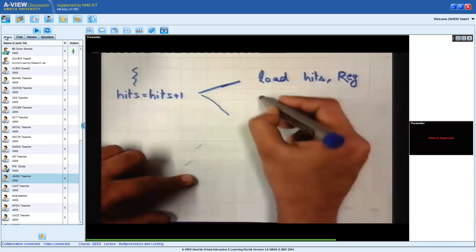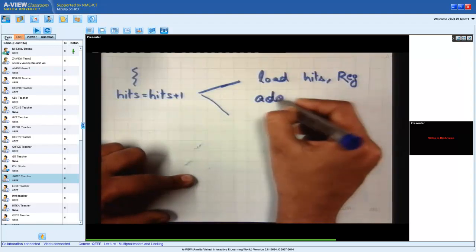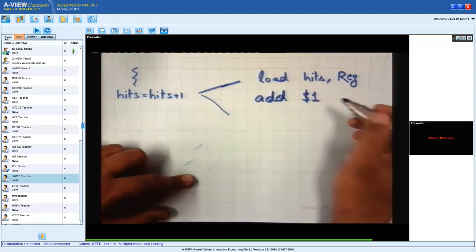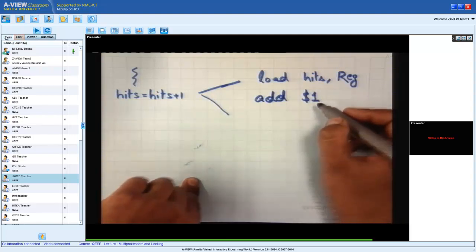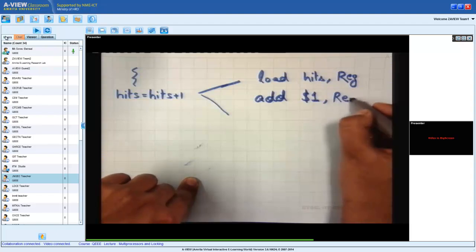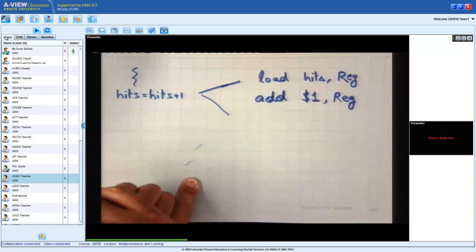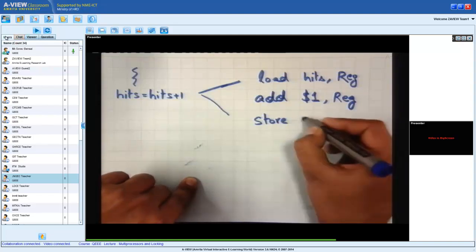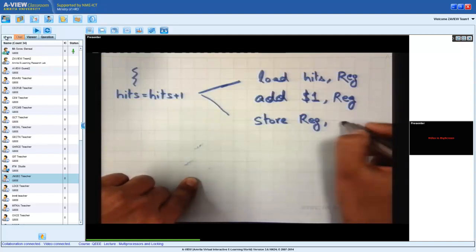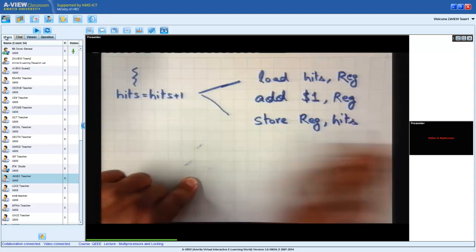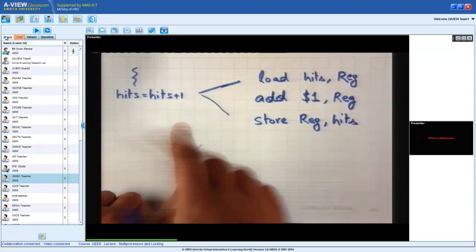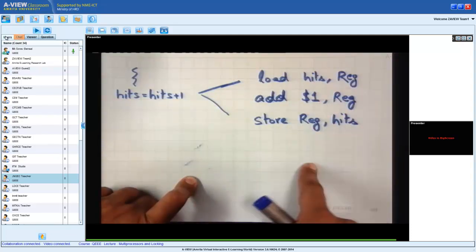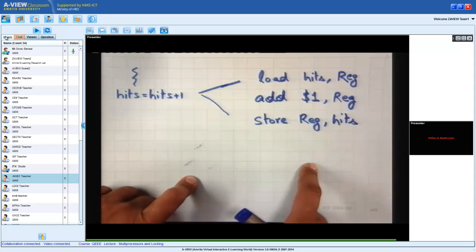Then you have add $1, where the dollar sign indicates that it's a constant, to reg, right? Then I'm going to say store reg to hits. So one statement like this gets translated to 3 instructions like this, right, in assembly code.